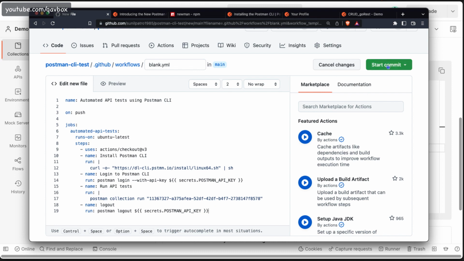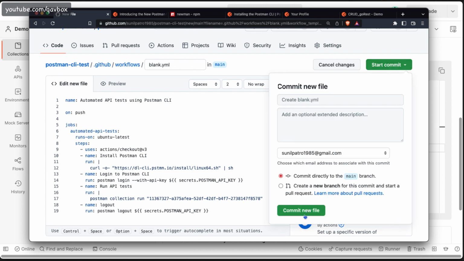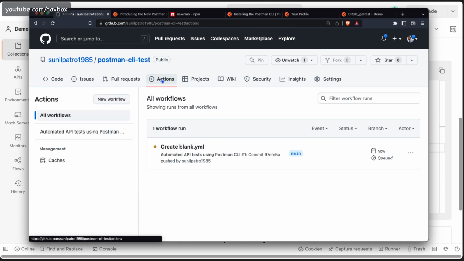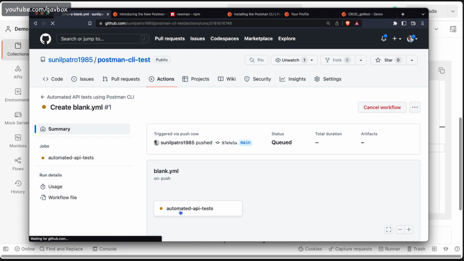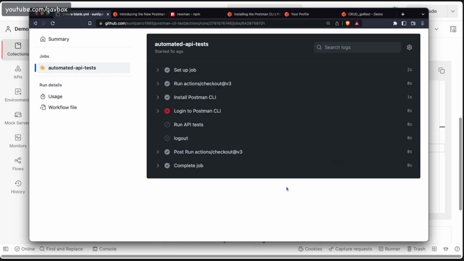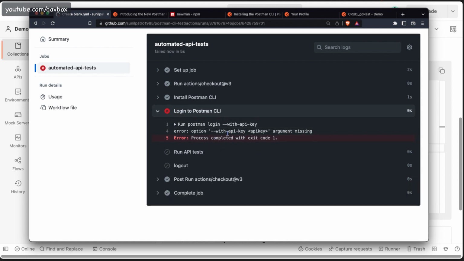Fine. Now I will be starting this commit. Okay, commit a new file. Now it will throw an error actually. Let me show you that. Now if you go to this particular Actions, right, it will take some time for sure. And you can see that it is giving me an error that this particular API key is missing,